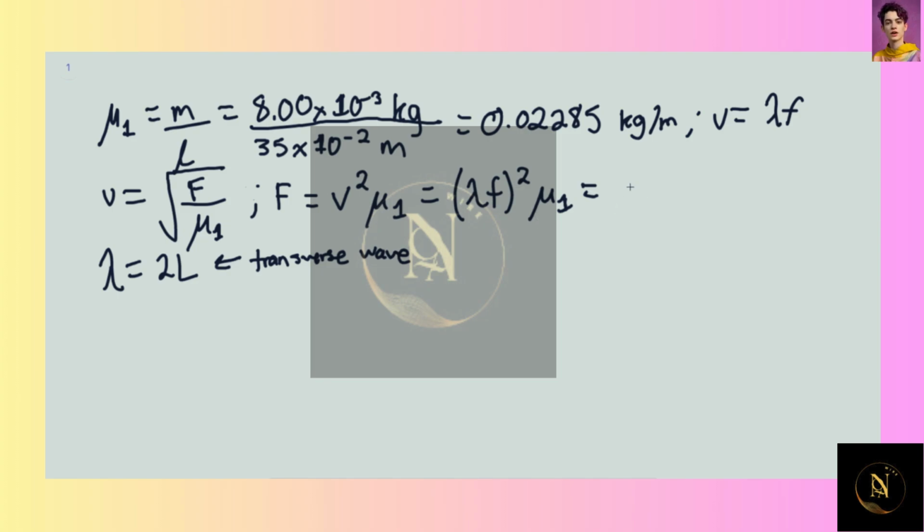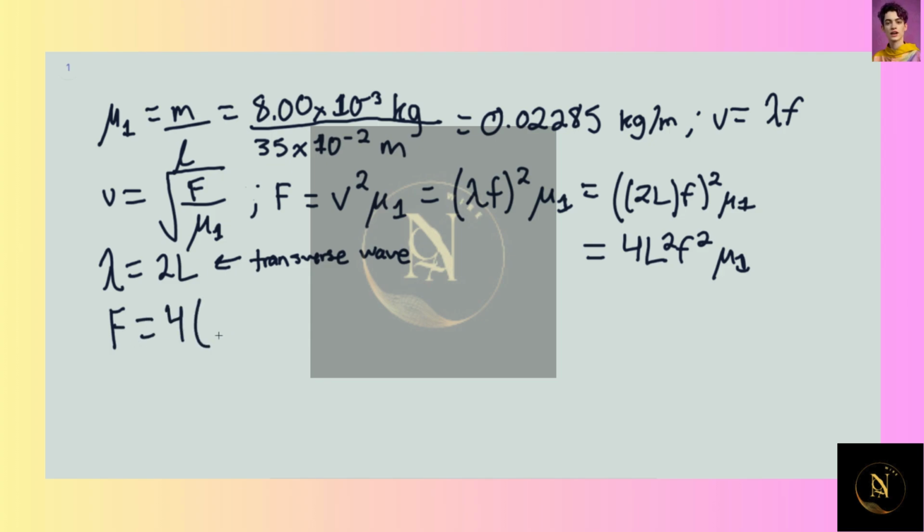So this is going to be 2L, and then f squared mu sub 1, which is equal to 4L squared f squared mu sub 1. And then we finally have the tension. So F is going to be equal to 4, and then the length of the string